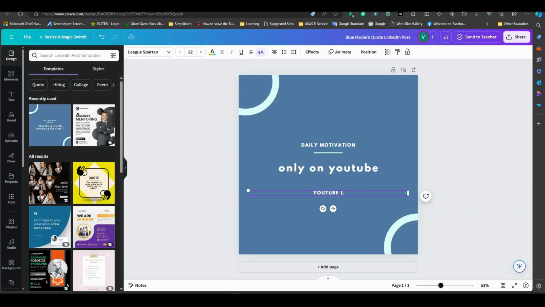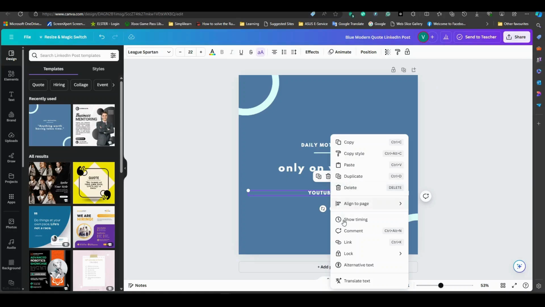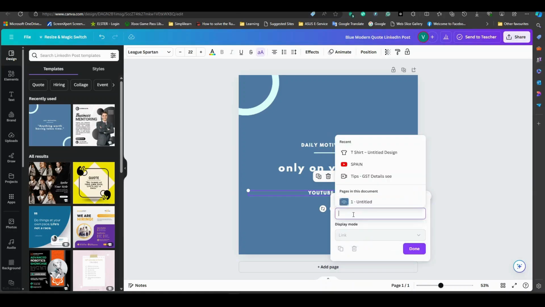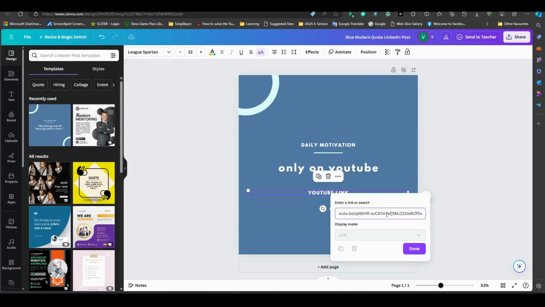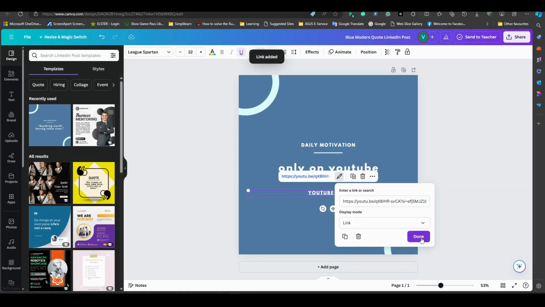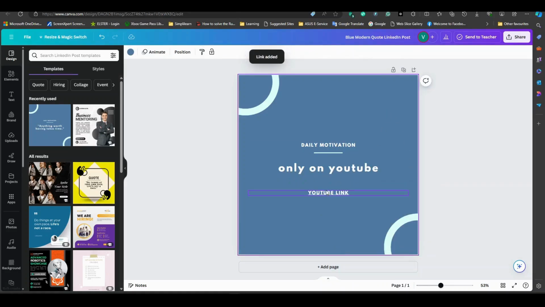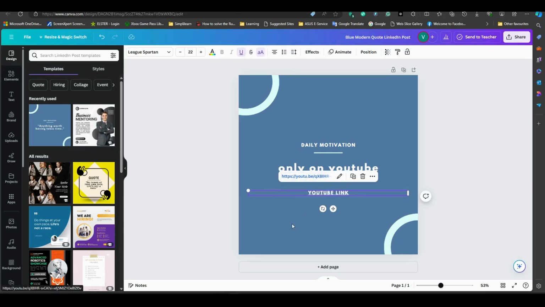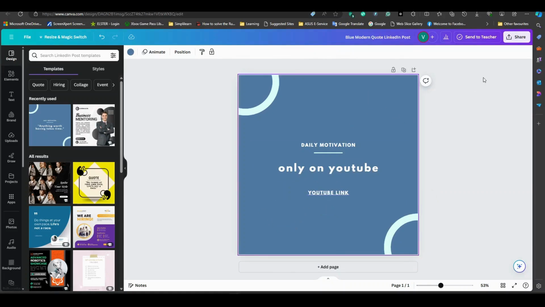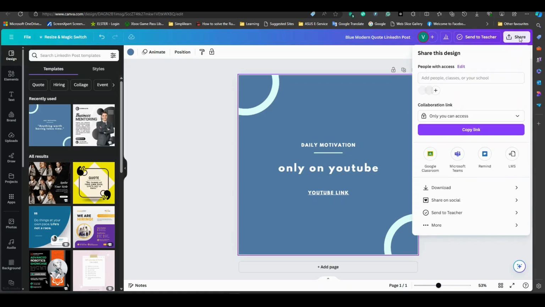Once your text is ready, select the text box by clicking on it. You'll notice a small chain link icon in the top toolbar. This is the link tool. Click on the link tool, and a box will appear asking for a URL. Here, you'll paste the link you want to attach to the text. This could be a link to your website, a landing page, a PDF, or any online resource. After pasting the link, click Apply, and just like that, your text is now hyperlinked.